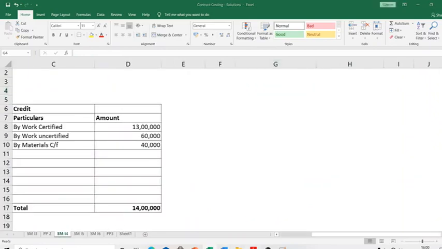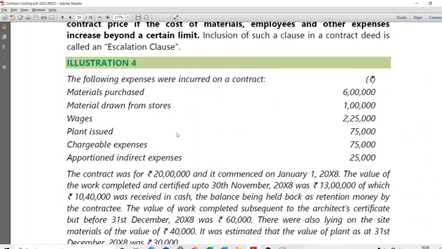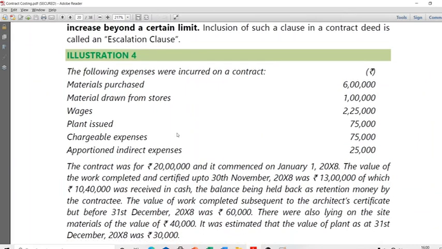Now let me share the soft copy of the study material with you. Let me take illustration 4. I'm going to first read this illustration 4, and as we go through, we'll understand all the concepts very clearly. Once we are done with one illustration, other things will become relatively quicker for us. Only one or two new concepts, if at all, we are going to learn. Other than that, the process and the mechanical doing will naturally come to you. So it's only the first illustration that will take some time to understand the method of preparing the contract